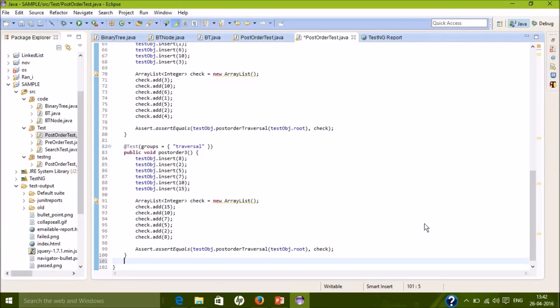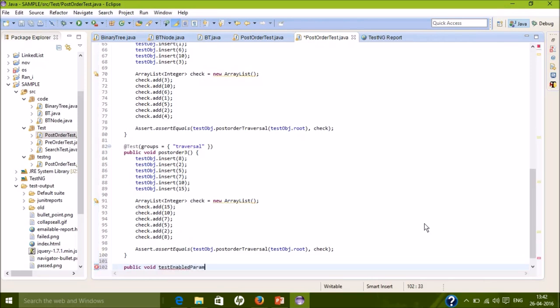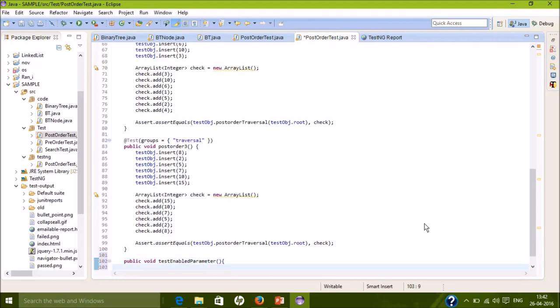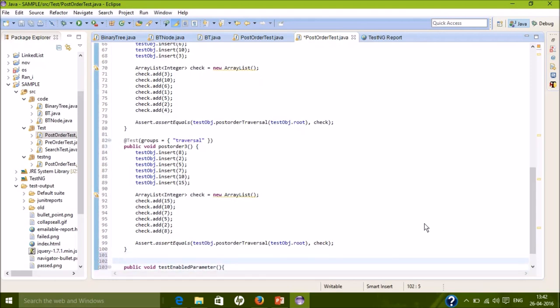Now I'll create a dummy method to demonstrate the enabled parameter. This is a test method, so I'll have to write the @Test annotation.